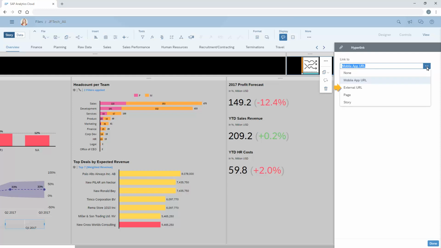an external website, where we can specify the URL and elect to have the site open in a new tab, a requirement for stories displayed in Digital Boardroom,